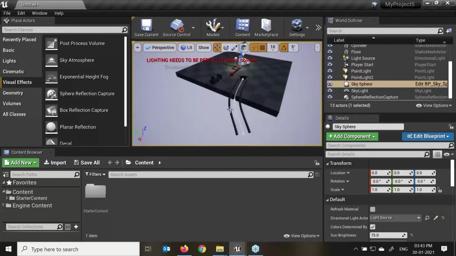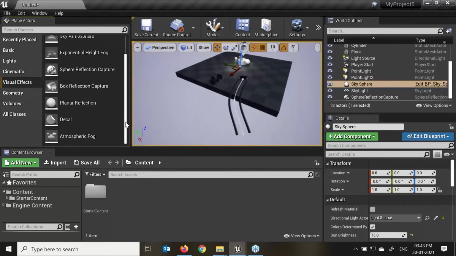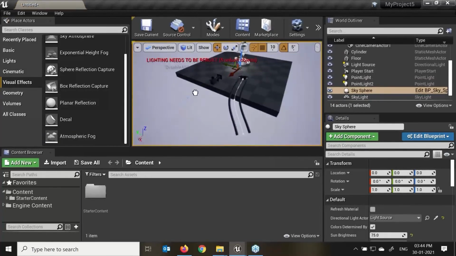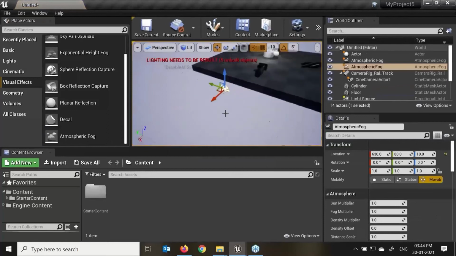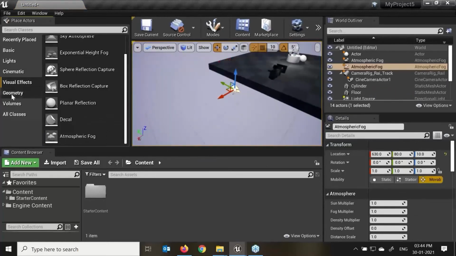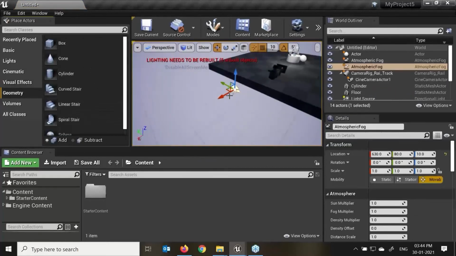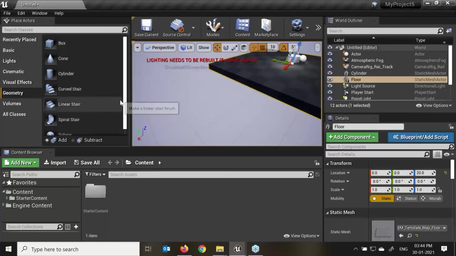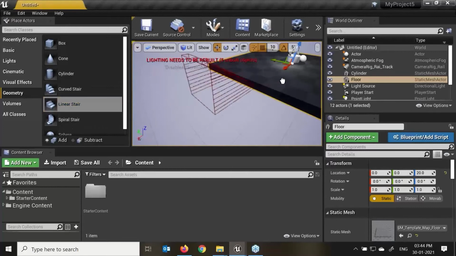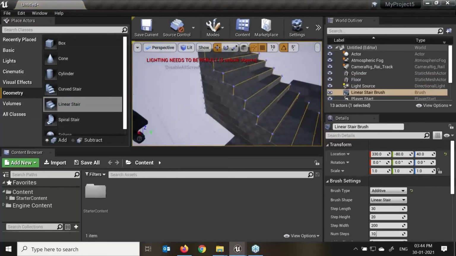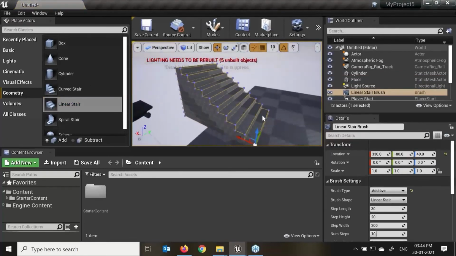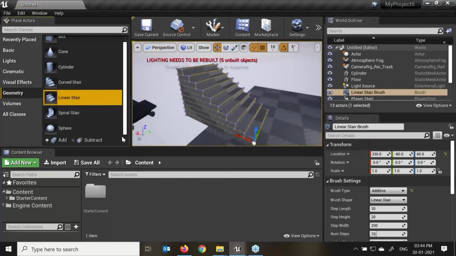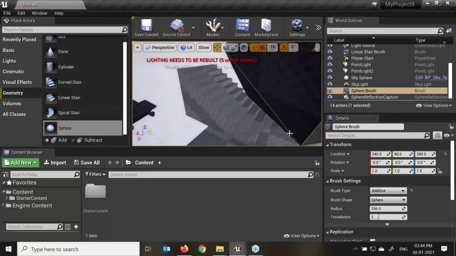When we talk about visual effects, there are a few presets available for blast or anything, decal, atmospheric fog, that we can add in our scene. This is the basic geometry we have. We can easily edit geometry in our scene. Geometry, we have these lines over here. Here you can see I can make this object my blueprint also. I can use it in my different level. I have the sphere as well.